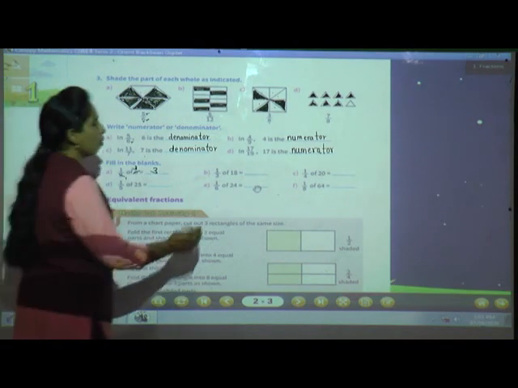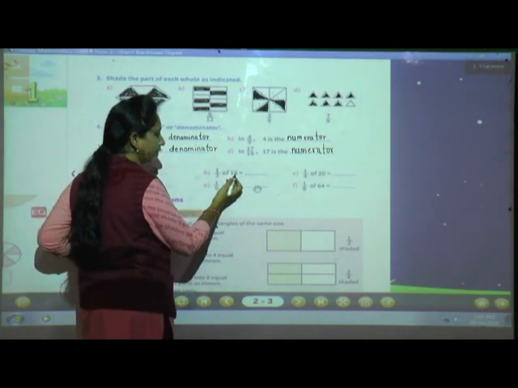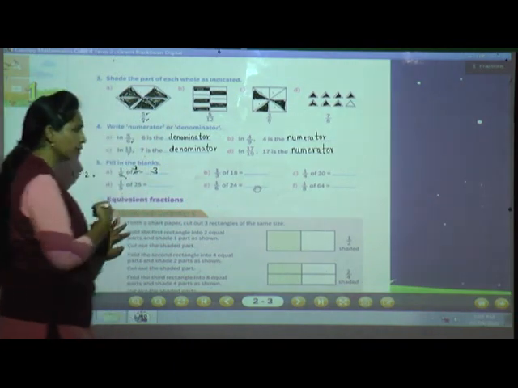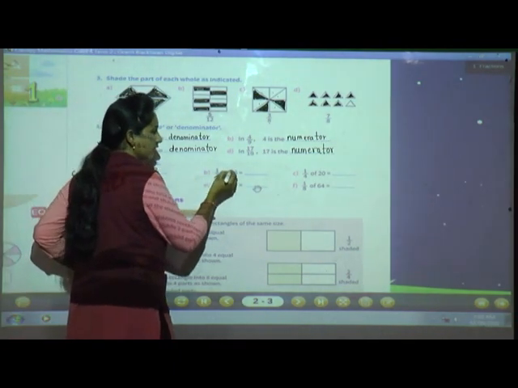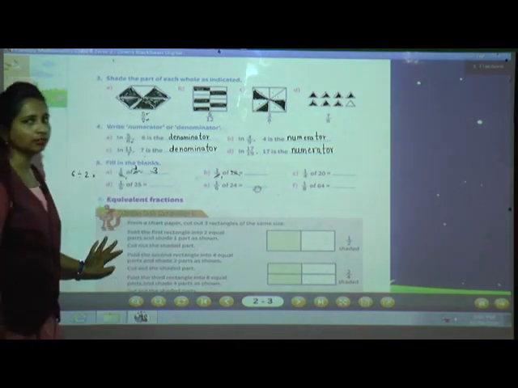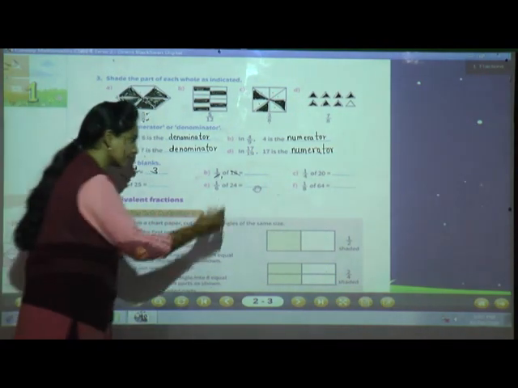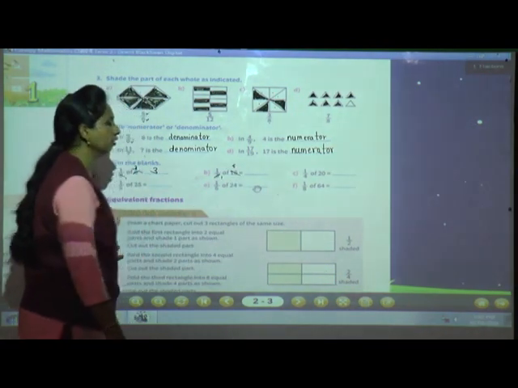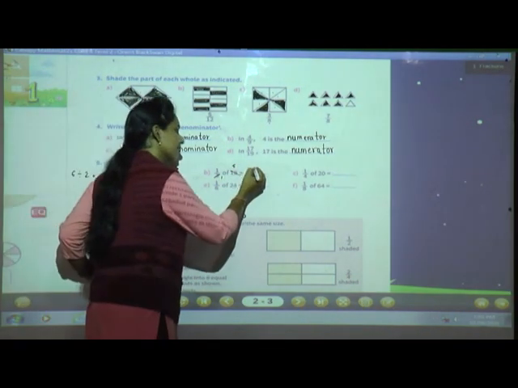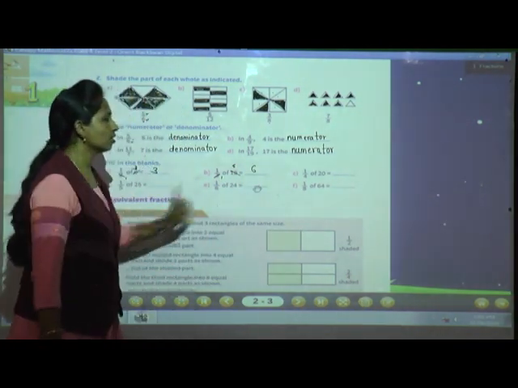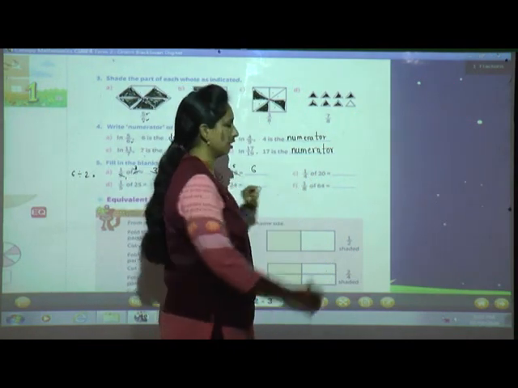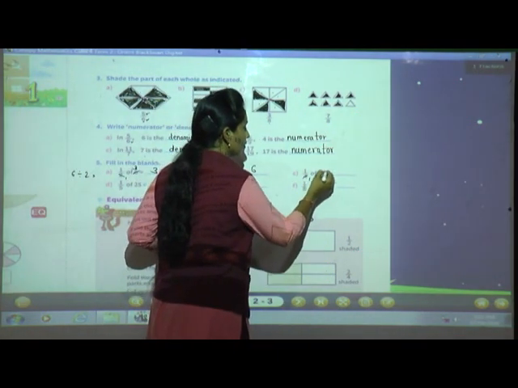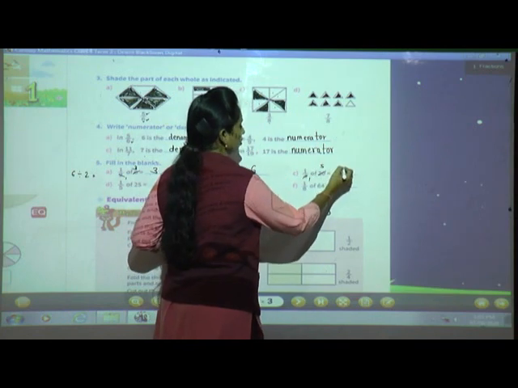The next, 1 divided by 3 of 18. Okay. Now see, 3 ones are 3, do with pencil. 3 what's are 18? 3 6 are 18. So the answer is 6. Now C question. 1 divided by 4 of 20. Now 4 ones are 4, 4 5s are 20. So the answer is